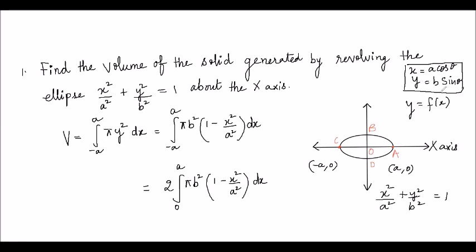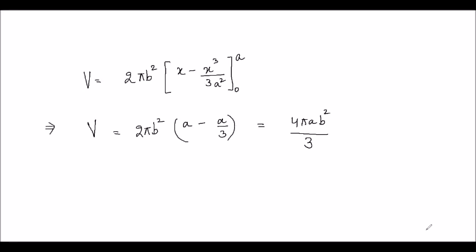In that formula, the limits which we will be considering will be of the parameter, which is here theta. Here the axis of revolution is x-axis, and the curves are parametric, with x as a cos theta and y as b sin theta. So in that case, the formula will be